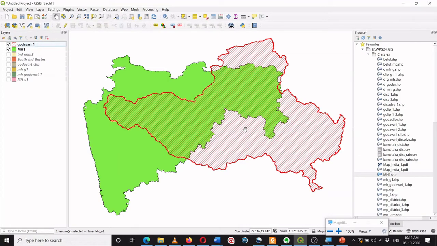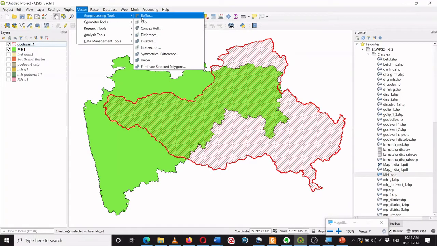What union does is combine all the shapefiles, and while combining it has three distinct types of features. Features belonging to Maharashtra state, which are not part of the overlapping region. Features belonging to the Godavari basin, which are not part of the overlapping region, and features belonging to the overlapping region of both. Let's see how it works.